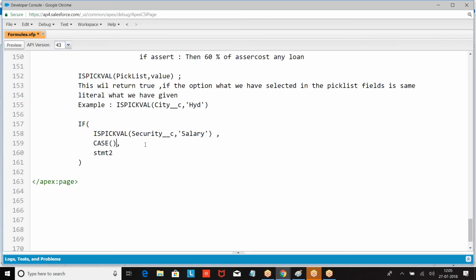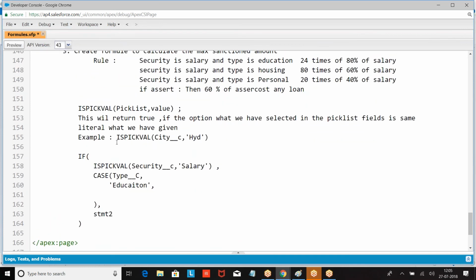If type is education, then what was that? 24 times of 80% of.